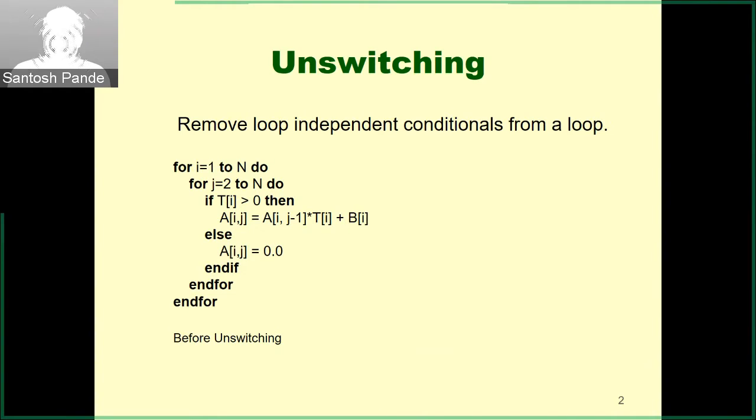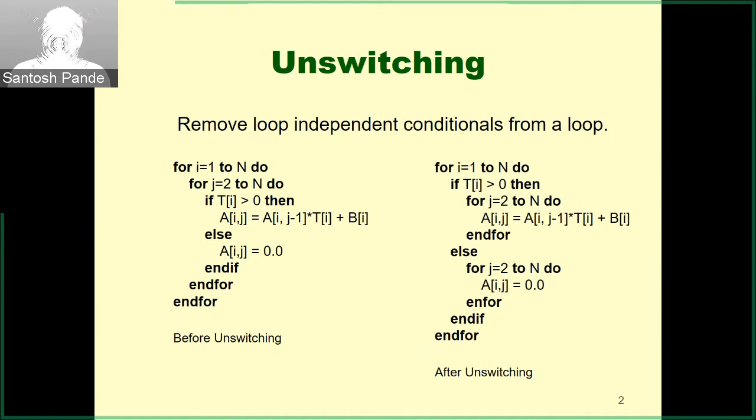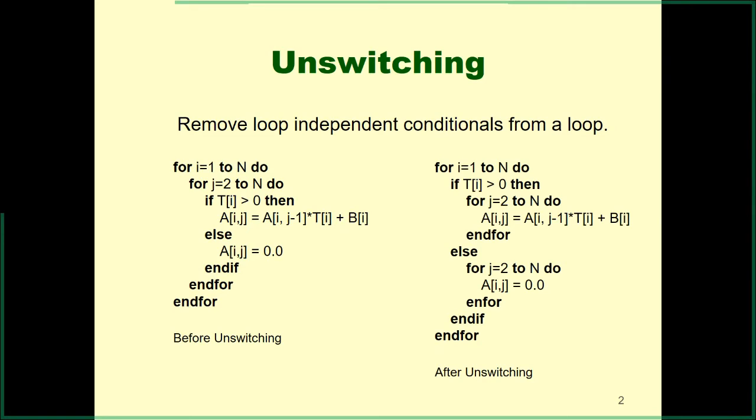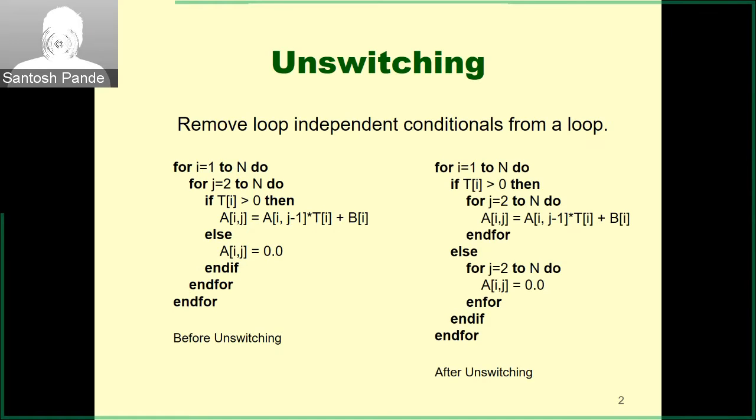So the transformation could be that you move it outside into the i loop. If you do that, then you can see on the right-hand side, we have t of i greater than 0, and then the whole j loop now goes inside the body of the branch,